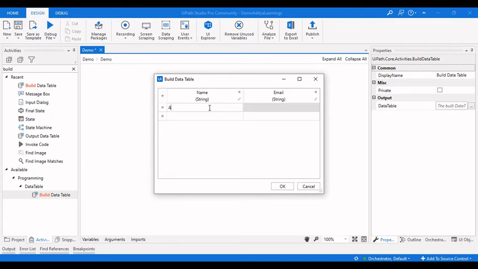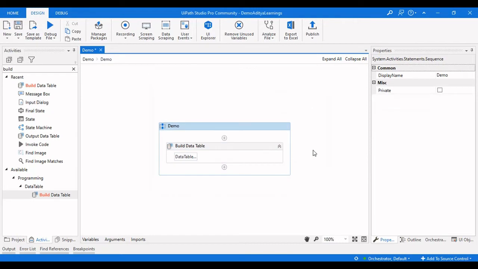And here we give the names, and so our data table is completed now. So let's click on OK.